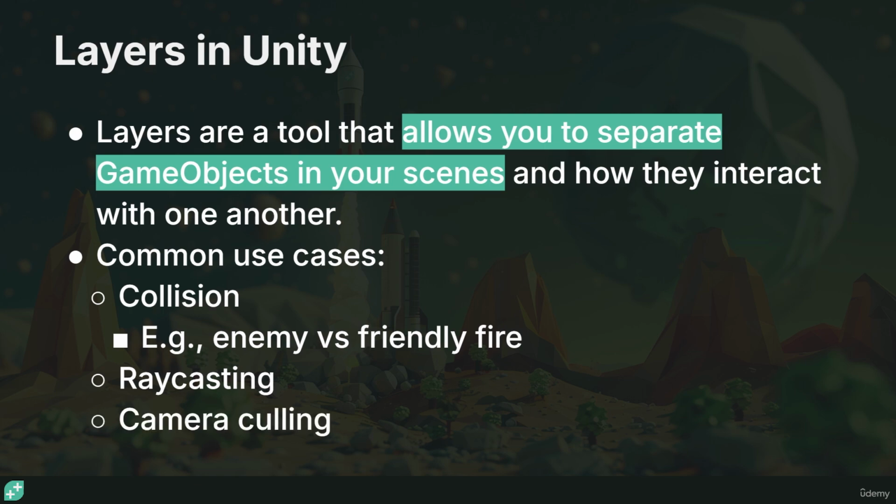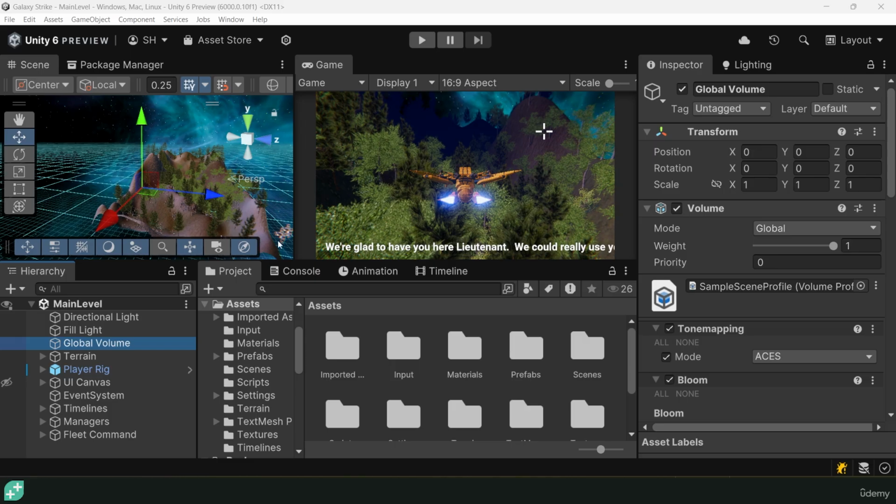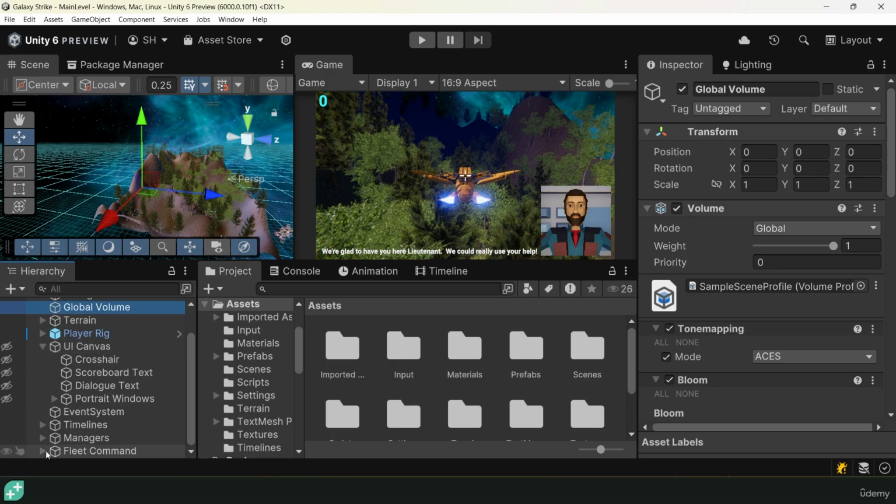Another extremely common use case is camera culling. If you have different cameras in your scene, you can make sure that only certain game objects appear on a specific camera, culling out basically what it doesn't want to see. Now, in our case, in our scene, we don't actually care too much about what each individual camera can see. We've already set that up in a way so that our fleet command is outside of our normal main camera's view. That part doesn't necessarily really matter too much, but we do want our cameras to have slightly different post-processing